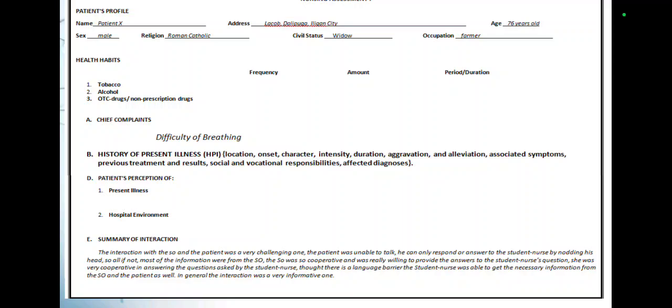So for example, the patient's profile, the feelings, emotions, the concerns of the patient, these are all types of subjective data. The main source of subjective data is the client, and the only one who can verify the data itself is the client. Okay? So, example again, we have here the health habits, the chief complaints, and the history, because the patient is the only one who can tell you how did it happen. The disease, the process itself, he or she can tell you